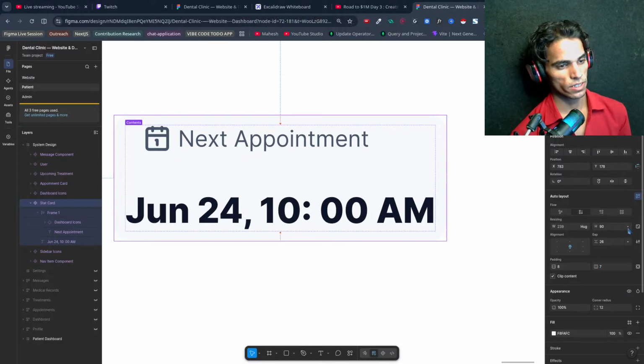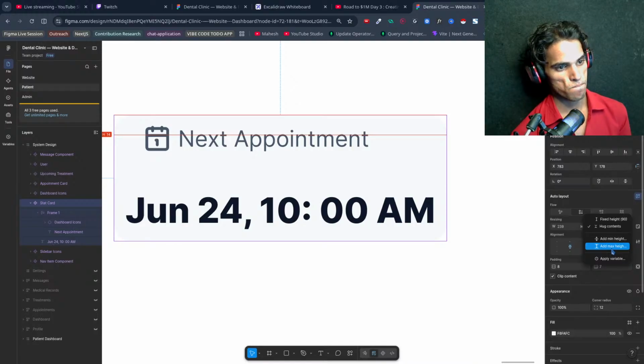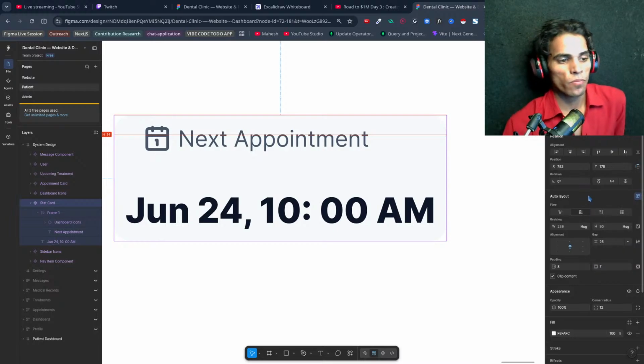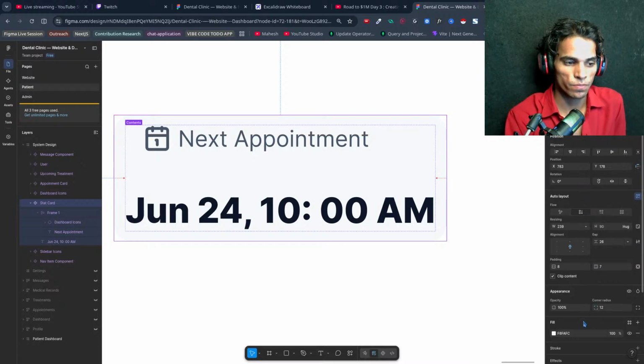Height will be hug content. This is great alignment.